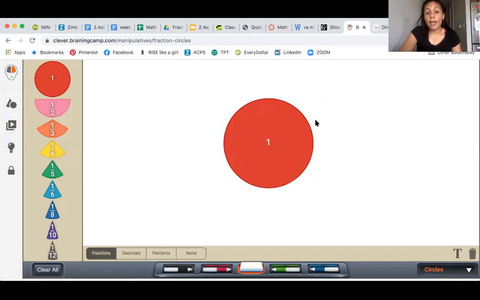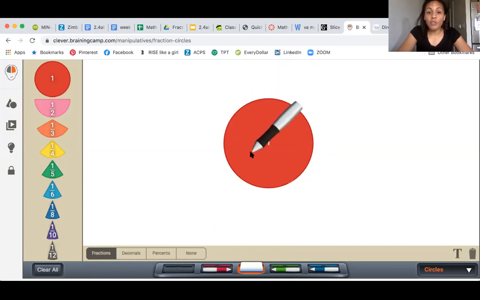You can also have an area model that's a square. You can have an area model that's a heart. You can have an area model that's a rectangle, an oval, an octagon, anything, okay? An area model is just the whole that we're going to be working with today. Okay, so I'm going to be using this circle today to show you how we can make different kinds of fractions with this whole. Alrighty, so let's start with our first one.